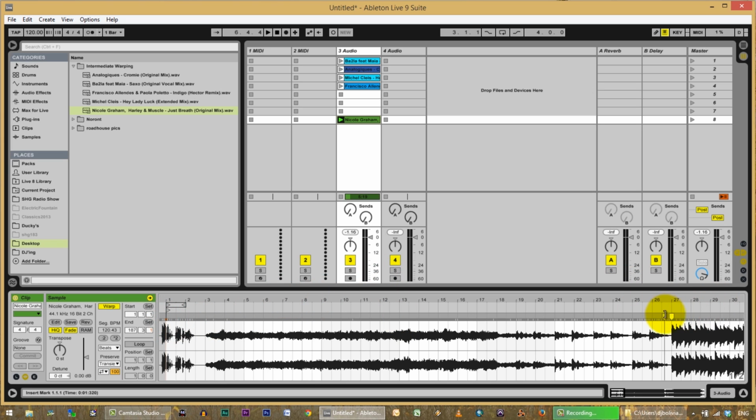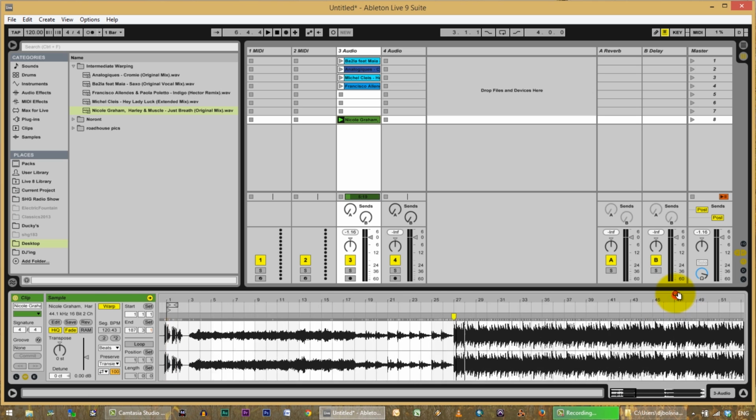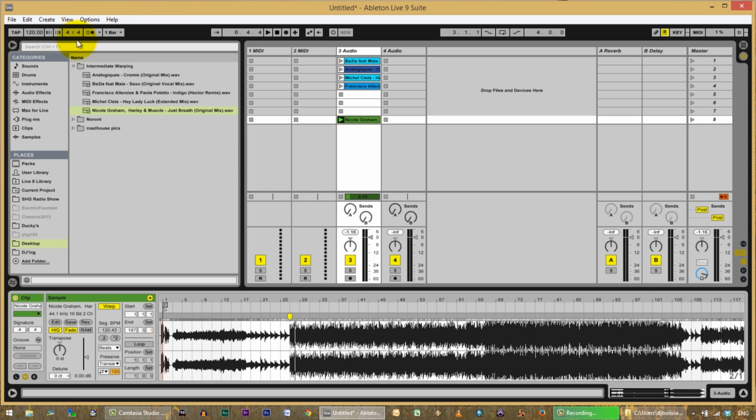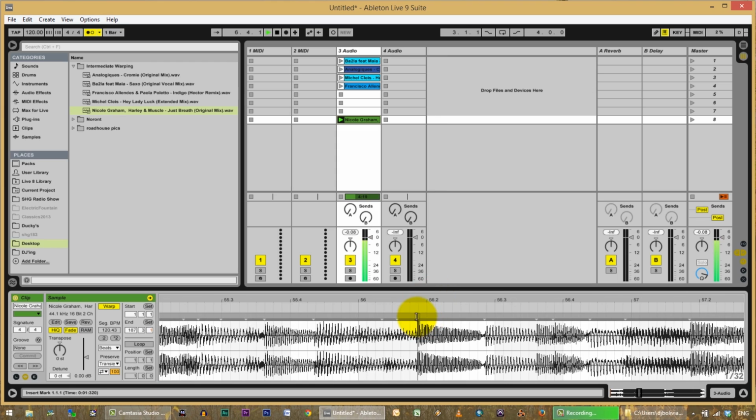Okay, so if this is at 27, and if this is actually warped at the correct speed, which we should double check, pretty close, it's a little off.